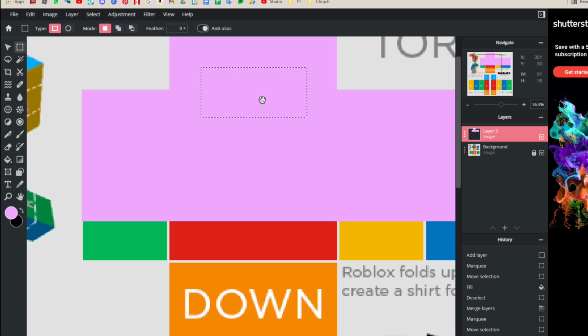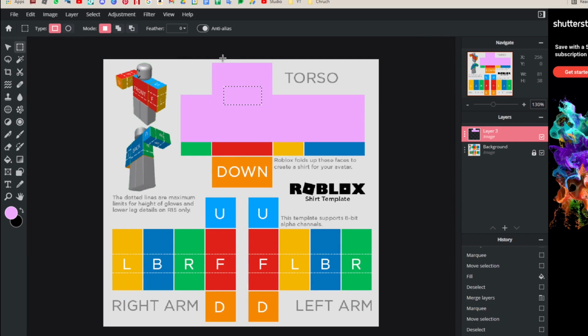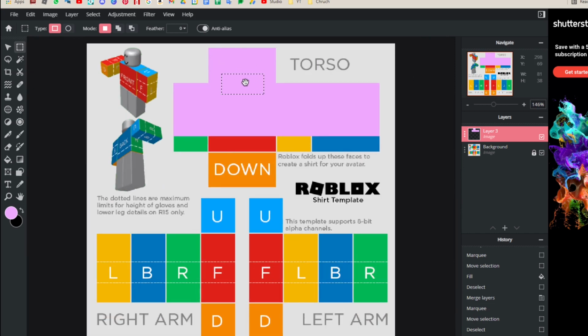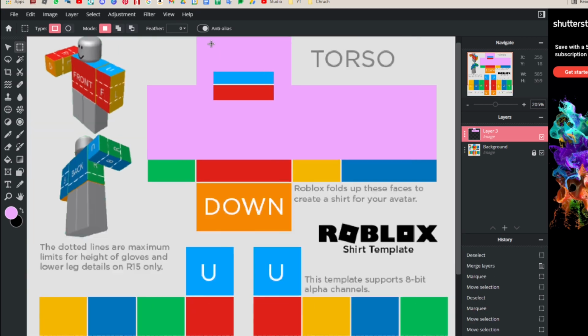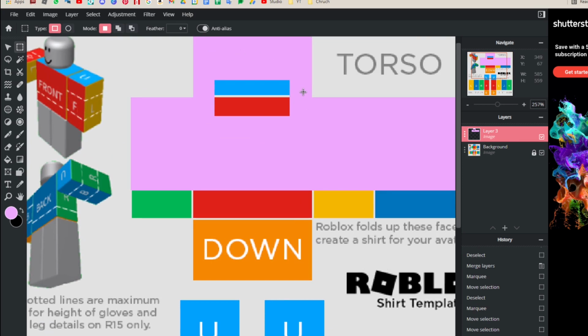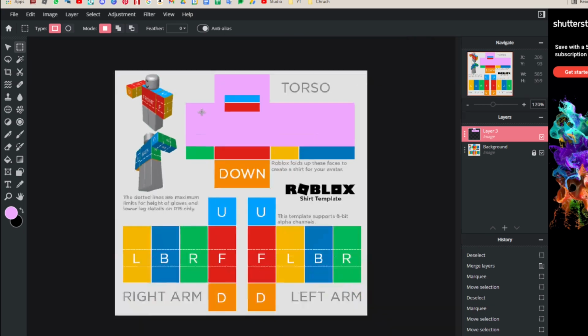So you just want to go ahead and outline it. Make sure it's centered because you don't want the neck piece to not be centered. So just go to where it looks best to you and just hit delete. That looks pretty centered to me. Now what you want to do, you want to go ahead and